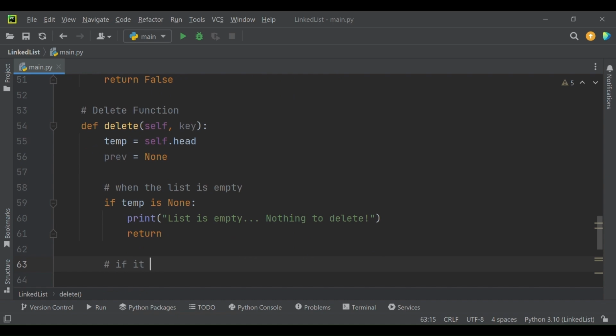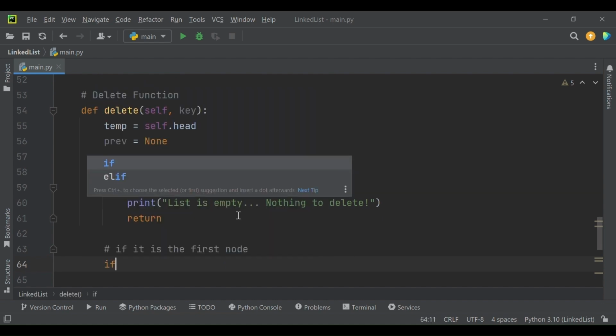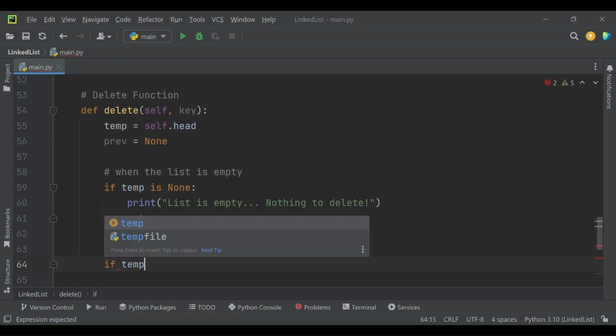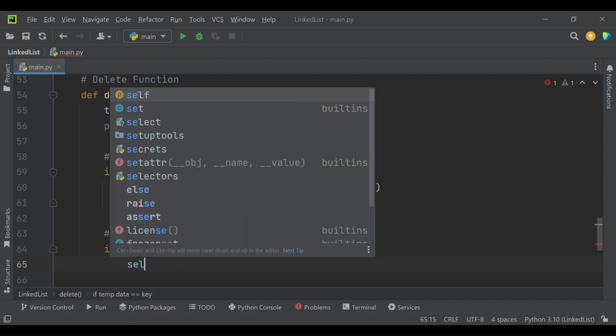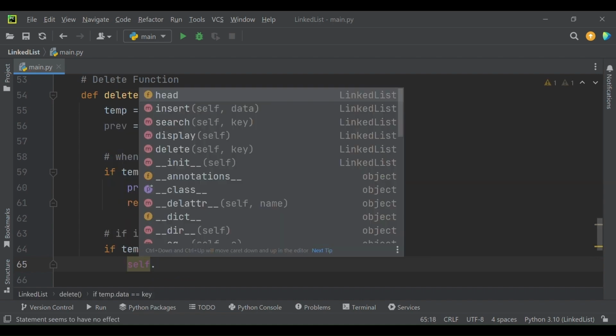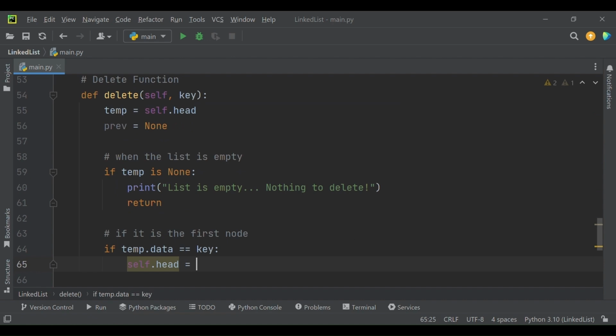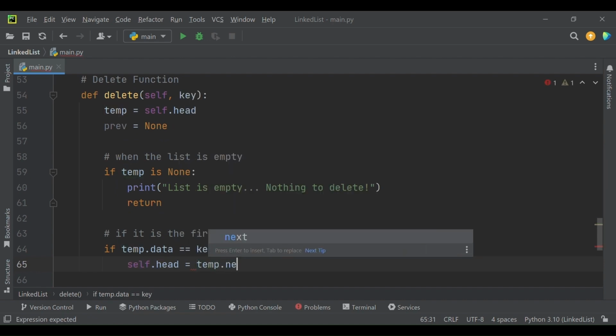Case 2 is if it is the first node of the list. So we will check here this condition: if temp.data, because temp contains the head node's address from here, so if the data at the head node is equal to the key, then we will type here self.head equal to temp.next.